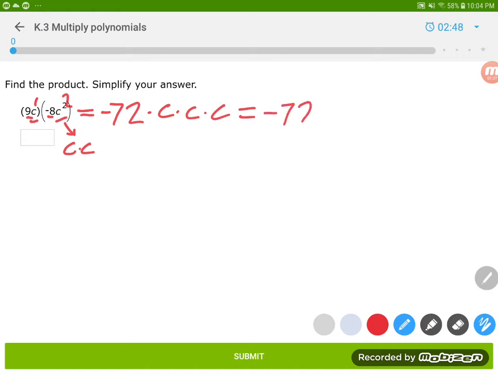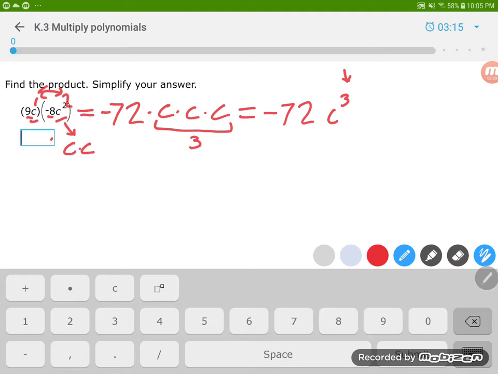So we can actually write this as negative 72, notice that didn't change, but rather my c's I can write as c cubed, or c to the power of 3. Why did I write it as c to the power of 3? Well, because I had 3 c's multiplying right here. This number is just a way of keeping track of multiplication. Hence, you can just think of these two numbers as being added together. So our final answer is going to be,